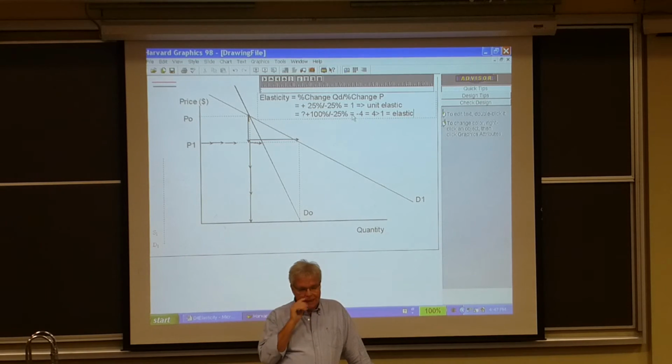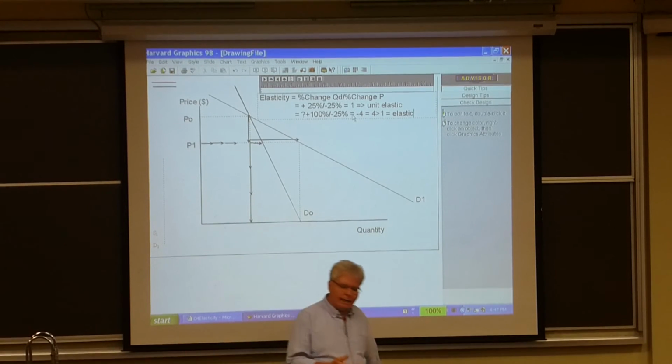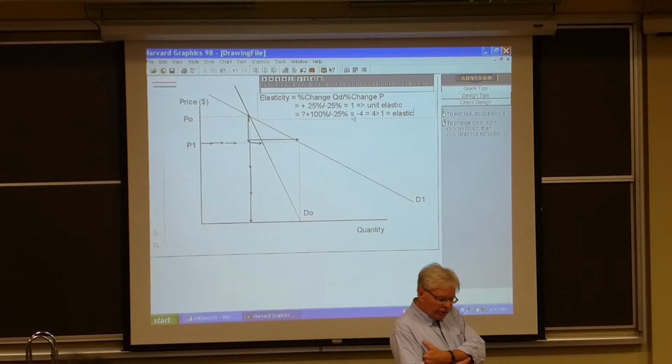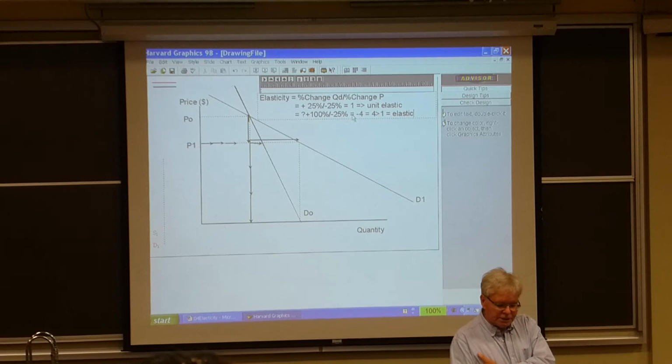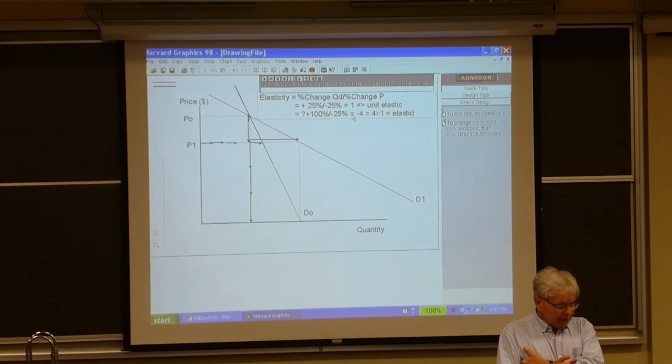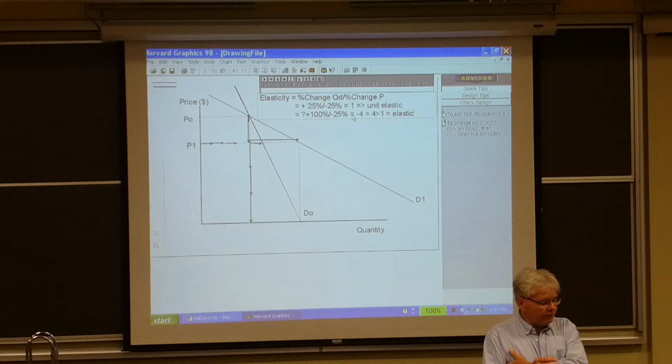Elasticity: something is elastic if the percentage change in quantity demanded in response to the percentage change in price is greater than 1. It is unit elastic if the percentage change in quantity demanded is exactly the same as the percentage change in price. Then inelastic if the percentage change in quantity demanded is less than the percentage change in price. Everybody has all this. All right, now,